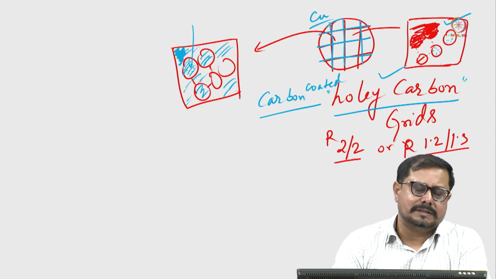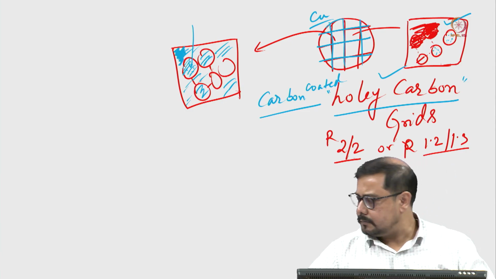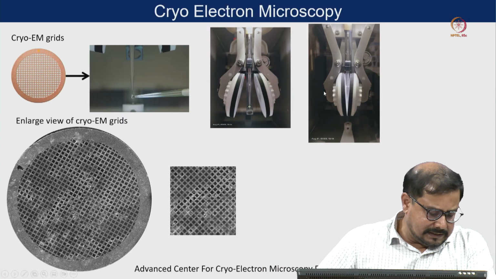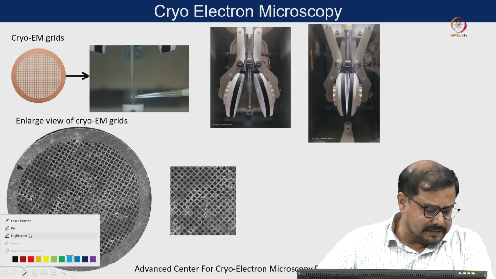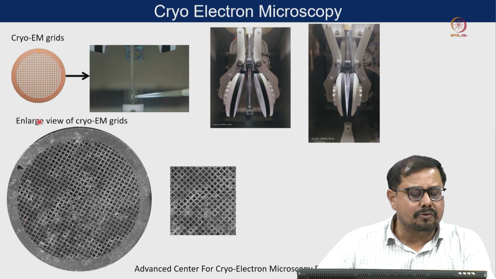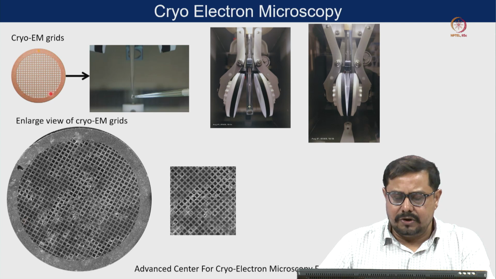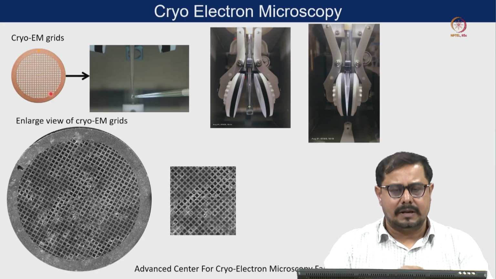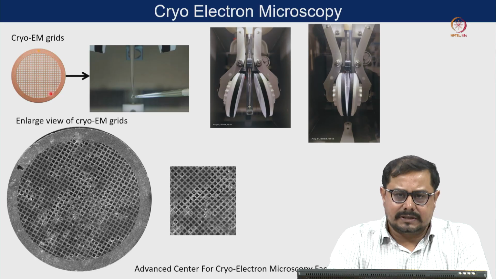Now let's see how we are freezing our sample using the holey carbon grids. If we come here, this is the entire protocol of cryo-EM freezing. This entire process, how we are freezing our sample, will be very clear when you look at the video in the later stage. We have a practical session where we demonstrated how to use the Vitrobot to freeze the sample. There are different types of freezing units.